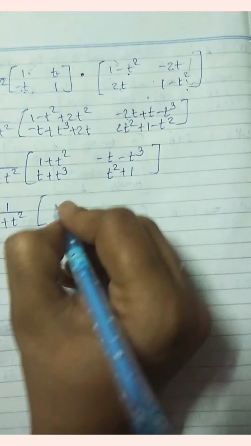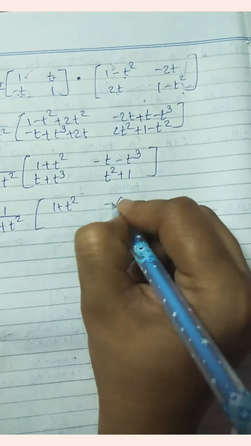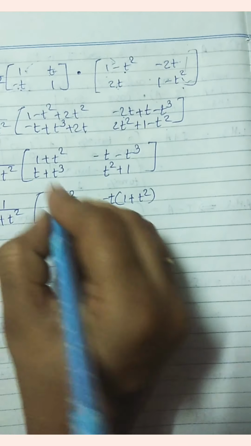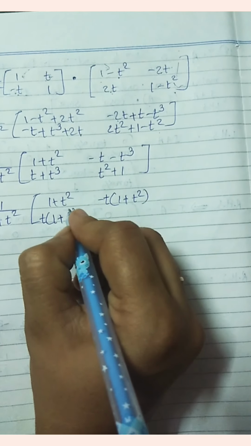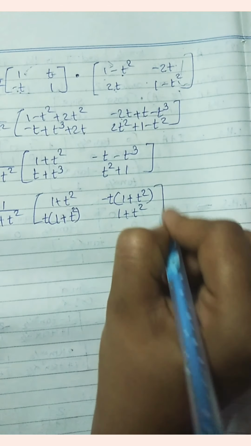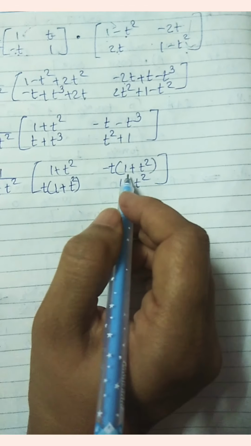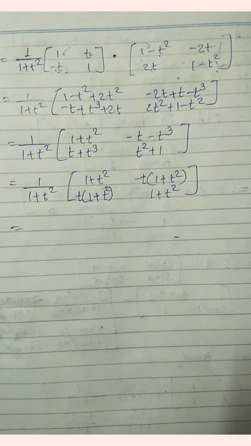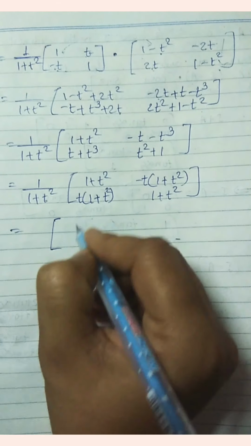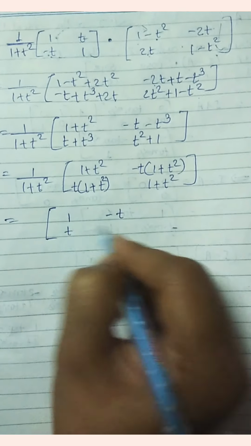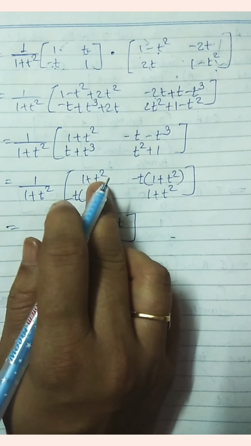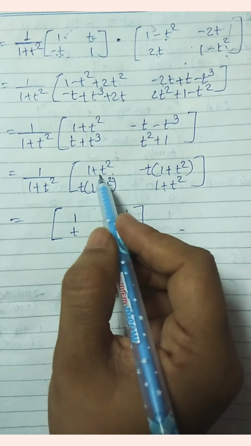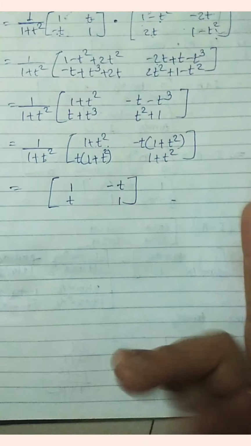I will write down one more step if you want. I am writing just a value. Here I can take t common, so I will get 1 plus t square. Here I am just taking out t common, so I will get 1 plus t square, and here again 1 plus t square. So basically you can see that you can take out 1 plus t square common, or you can multiply this 1 plus t square inside the matrix. So finally you will get 1 here, here minus t, t and 1. I am taking common out, or doing the values 1 minus t square multiplying inside, or 1 plus t square common out. Okay, you can see both the ways.